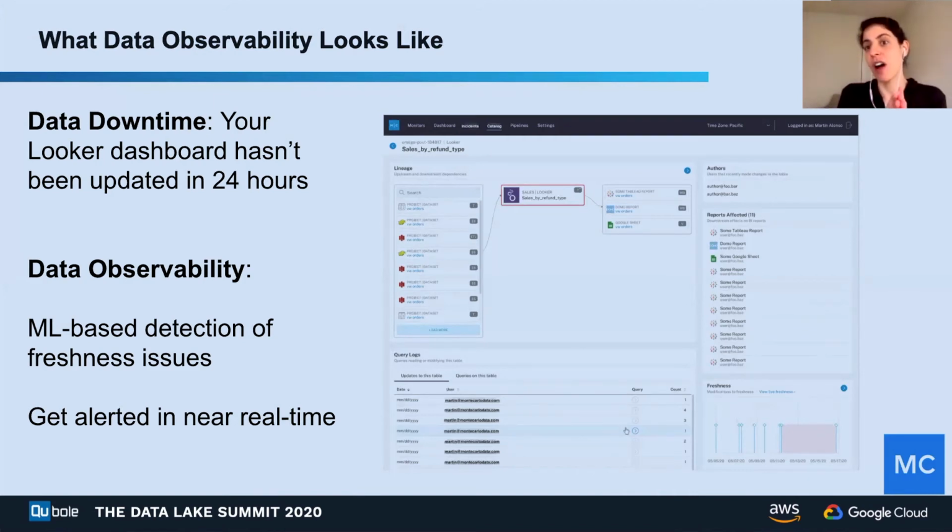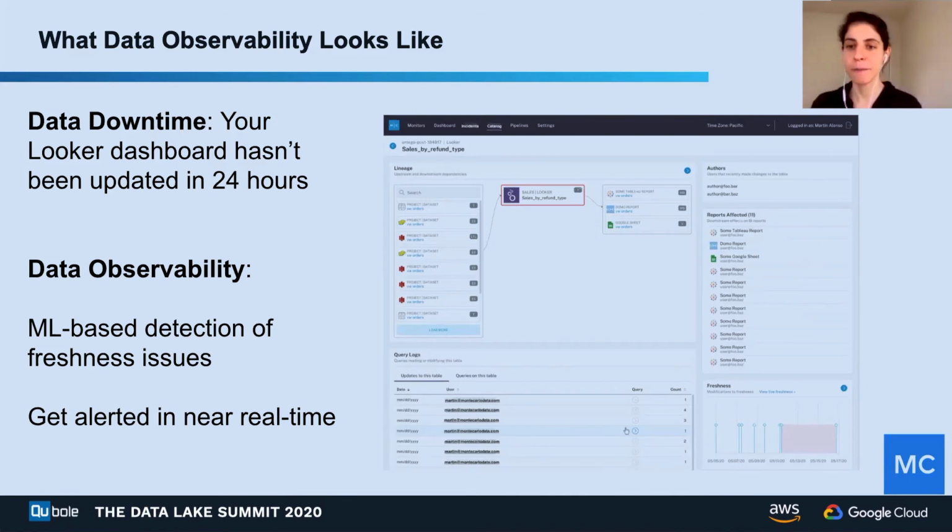In that case, oftentimes the person who's responsible for the data arriving on time and the person who is responsible for consuming that data are not the same person. And so there's this miscommunication. Potentially, the person using the report isn't even aware the report or the upstream source hasn't been updated.